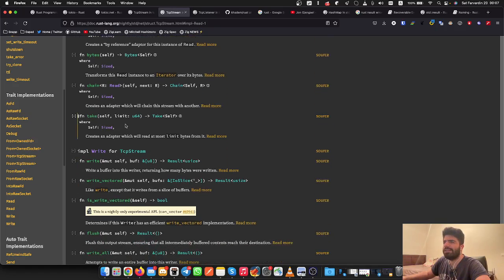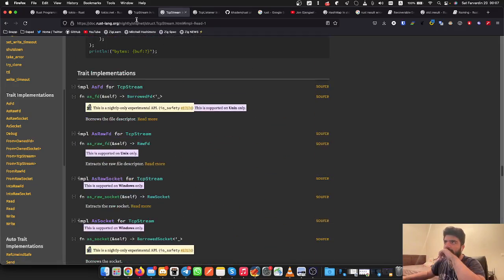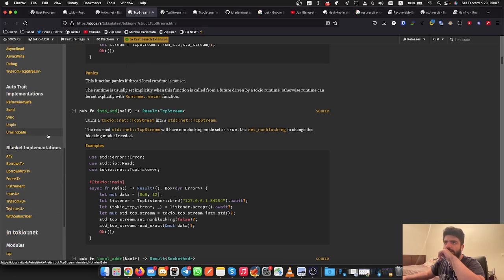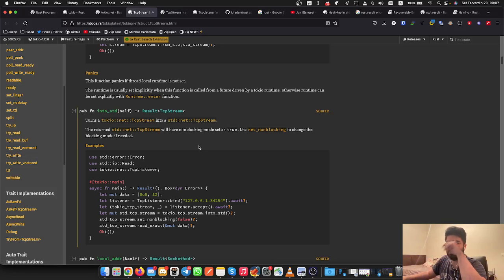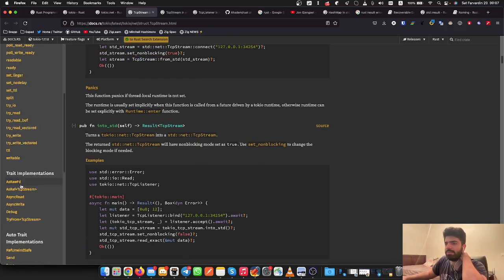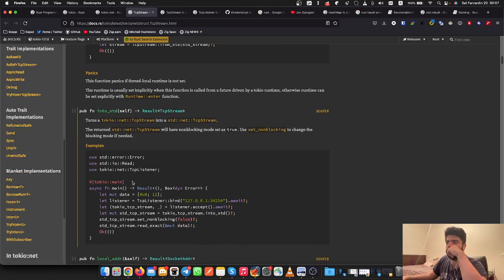It says take create service read. Okay, so no, it seems like we don't have anything useful. Oh, we have the into and from. Oh, these are actually nice traits. The type system is really nice in Rust. I have a video on how these blanket implementations work basically. Into std,